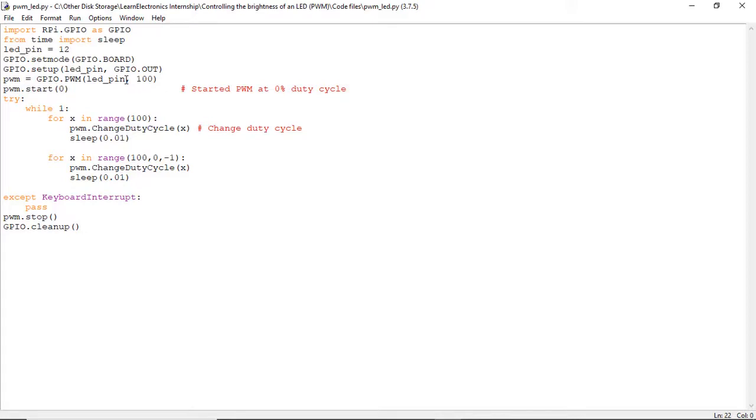So this was all about the code which is written for controlling the brightness of the LED, making use of the PWM function here. So in this video you have learned another application of the PWM signal, but this time we have controlled the brightness of an LED. So you could explore the same on a DC motor as well and see how you could control it as per your requirements.